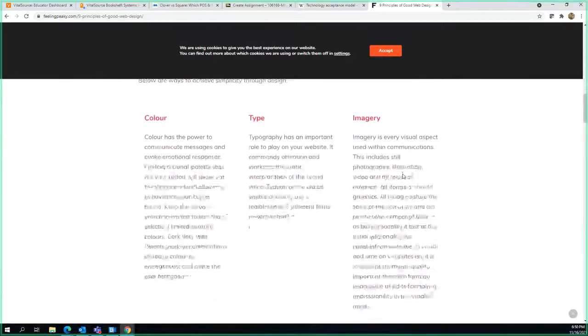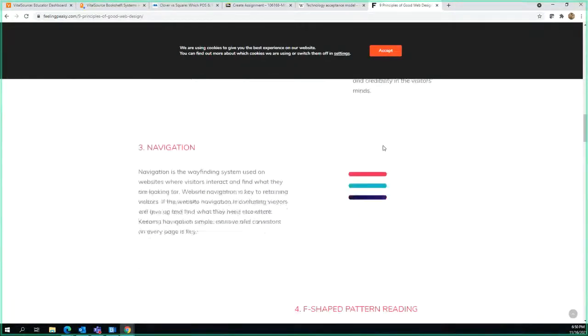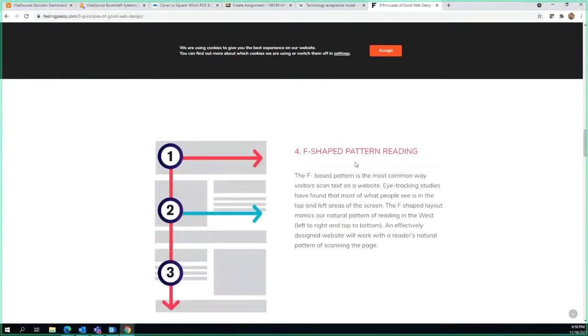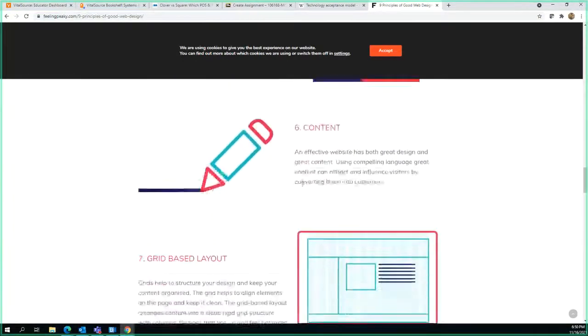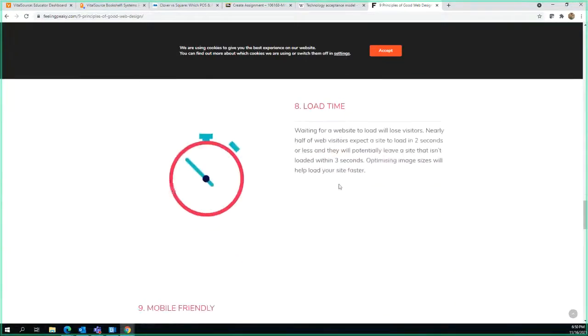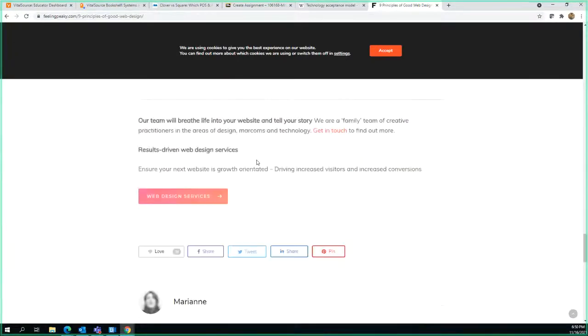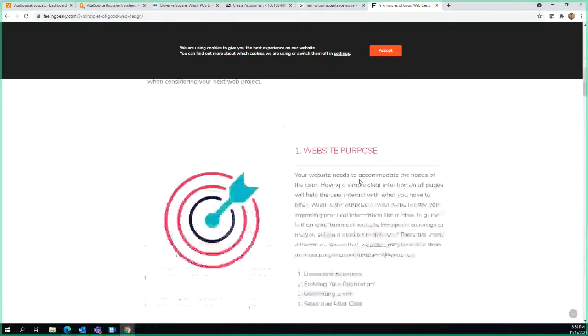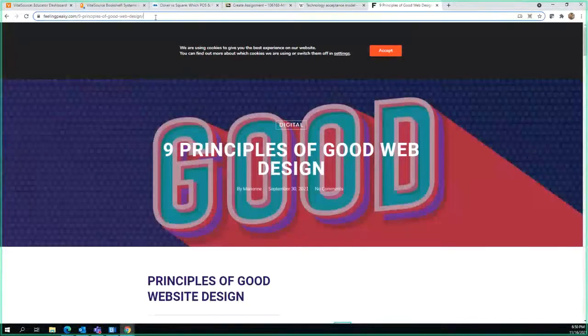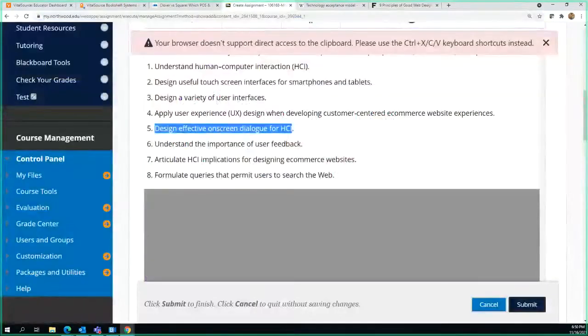Okay, color, type, imagery, navigation, F-shaped pattern for reading, visual hierarchy, content, grid-based layout, load time, mobile friendly. That right there would be extremely valuable for you to include information from in your project.